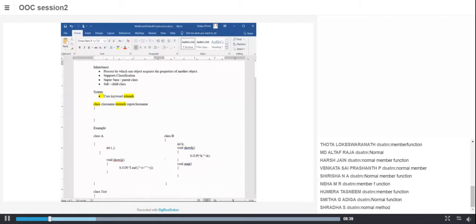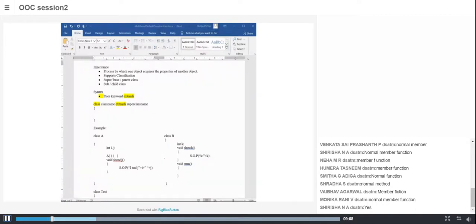Shall I add a method to this? Now, is it valid? I've added a method by name A. It is not taking anything. It is not doing anything. I hope now you can see. All the changes are getting reflected.